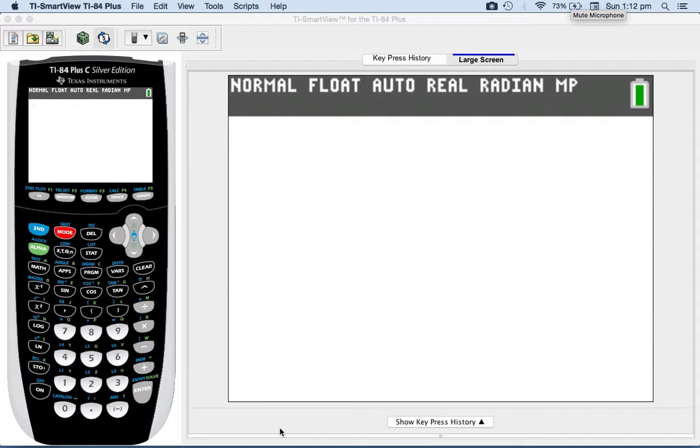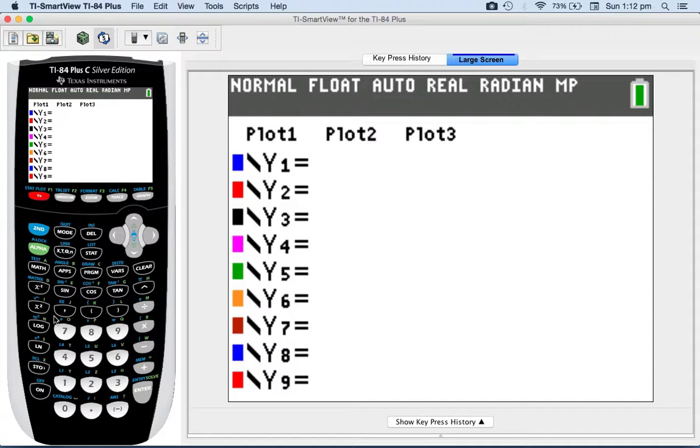I'm going to show you how to sketch the basic sine, cosine, tangent function using the TI-84, and I will also show you how to adjust the window settings to get the graph that you wish. So first things first, I'm going to plug in my sine curve, so I'll plug in sine. In case you're wondering, this is the use of the TI-84,